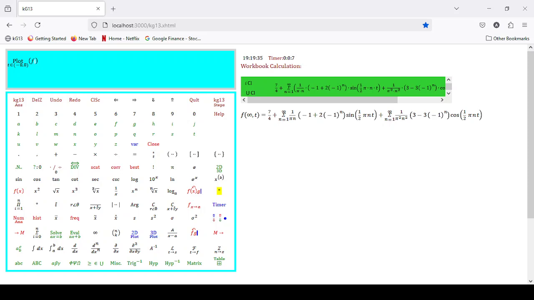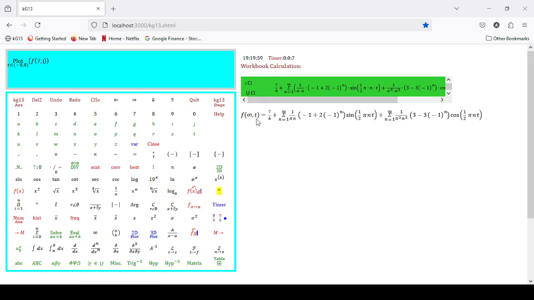Okay, up to the 7th harmonic, up to the 9th harmonic, or up to the 15th harmonic. Obviously, the more harmonics, the longer it will take to plot. So let's say we plot up to the 7th harmonic. So we say f of 7 comma t, there. As you can see, this is your function form. So we enter 7 here